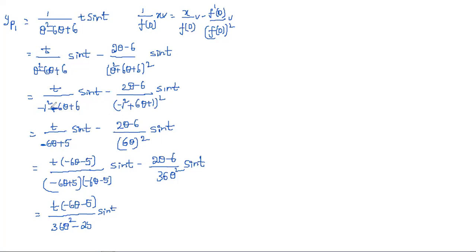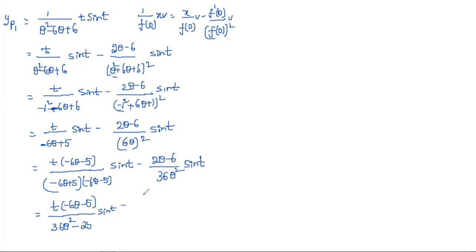So the third step is nothing but this one. In place of theta square, we substituted minus 1 square, and minus 6 theta as it is, plus 6. Minus 1 plus 1 cancel, leaving 6 theta. Here it is minus 6 theta, and 6 minus 1 is nothing but 5. And we applied rationalization.